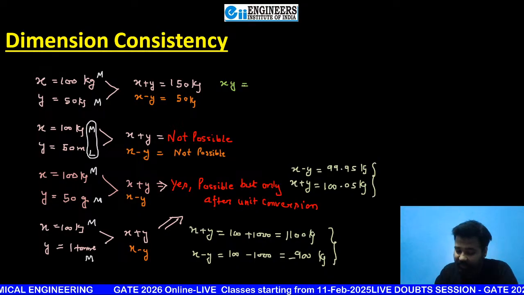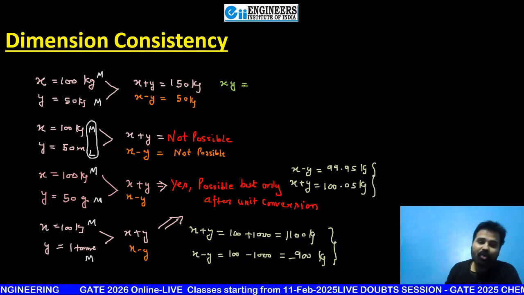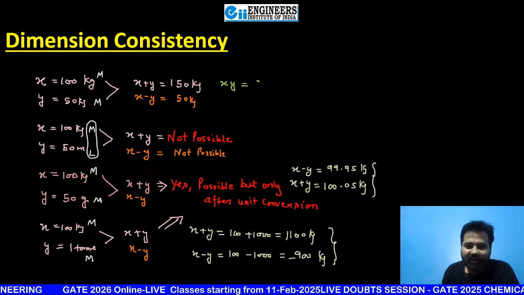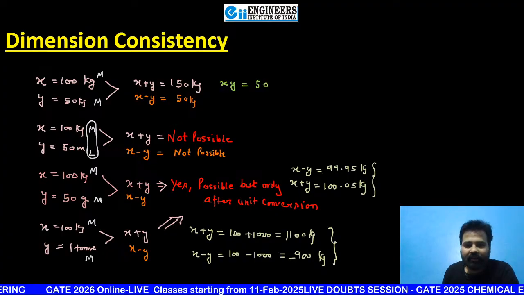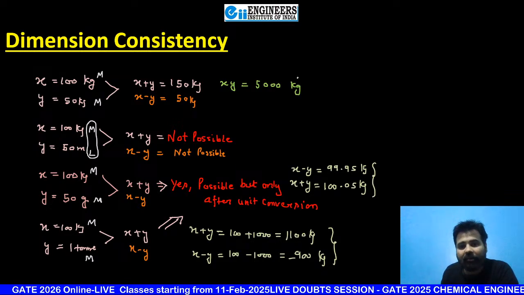Very good. But Master Gaming, it is not correct, beta. Nishant Modi, without a unit, how can you write beta? So it is 50 into 100, that means 5000, and kilogram into kilogram, this is kilogram square.